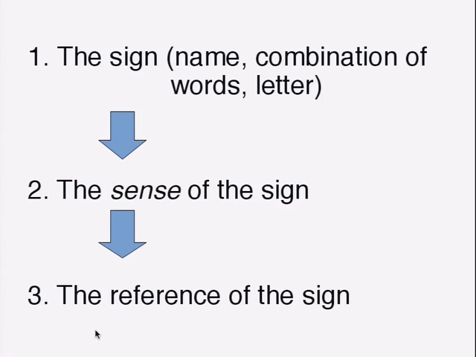Someone actually said to me in office hours today, look, if you have a name like Barack Obama, then all there is to the meaning of the sign is the object you're talking about. The name is a tag for the object. That's what the name is. That's how the name works. The tag is the object. Frege is saying, no, there is this other thing, the sense of the sign.